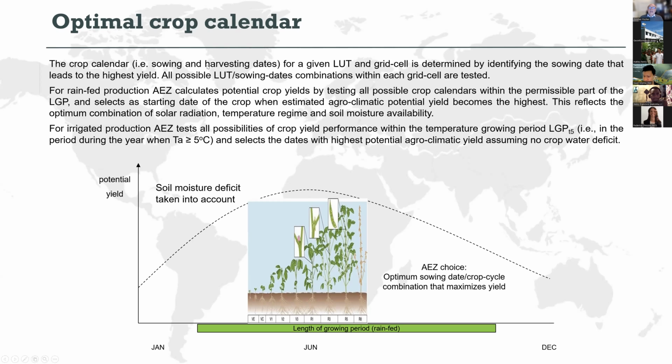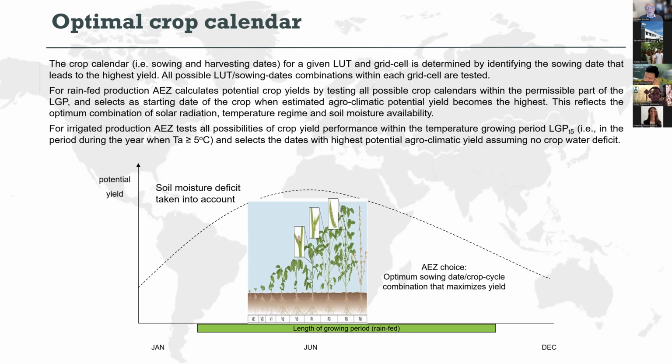For irrigated production, we can relax this time period limitation, and we test all years that fall into a certain applicable temperature growing period and find out what is the highest potential agroclimatic yield that can be achieved when we test different starting dates, and the best result is then taken as the representative outcome for the